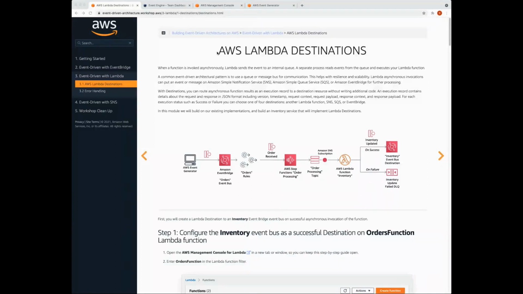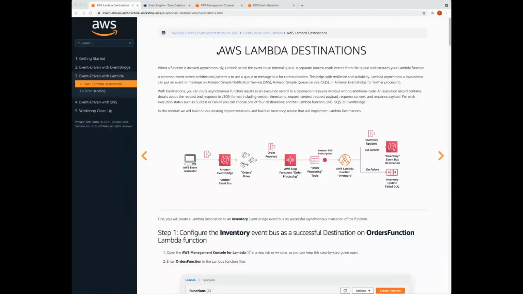So a common pattern is to use a queue or a message bus for communication, and we went over the use of message buses in the earlier presentation in lab. What we're going to look at right now is the use of AWS Lambda Destinations, right? Destinations allows you to route the results of an asynchronous function call to a dead letter queue or a particular destination that you define.